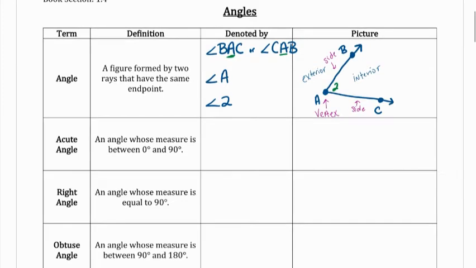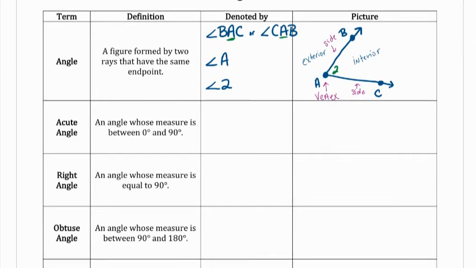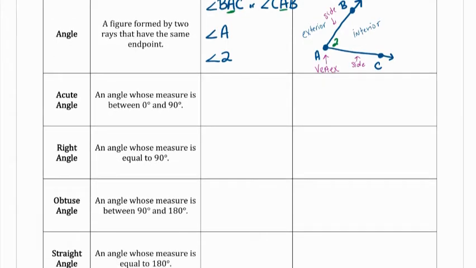Okay, these next 3 you've learned before, probably in elementary or middle school: an acute angle, a right angle, an obtuse angle, and sorry, there's actually 4, and a straight angle. An acute angle, hopefully we remember, means that it is smaller than 90 degrees, or it's between 0 and 90 degrees. So if I've got an angle that looks like this, that would be